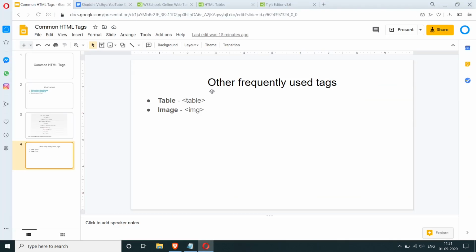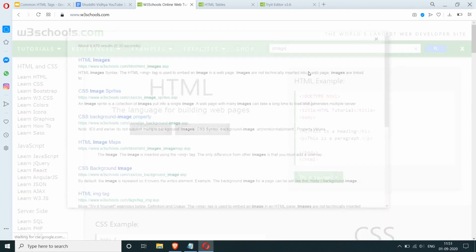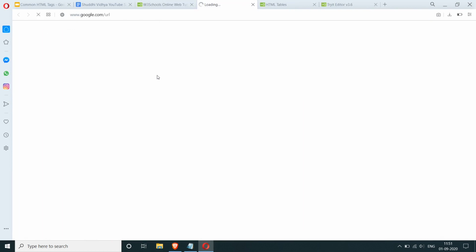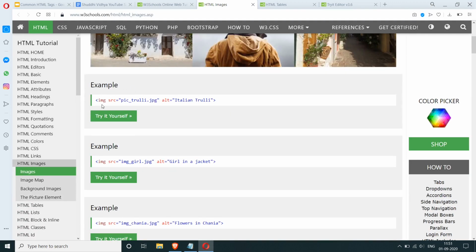So we also have the image tag. Let's look up the syntax for the image tag. So you have some examples here. It says less than image, and then there's this text within it, and then there's a closing tag. And like I mentioned earlier, there are some tags that don't require a closing tag. Image is one of them. Image is called a self-closing tag, where you can just specify the opening tag and it'll be fine. You don't have to specify the closing tag.